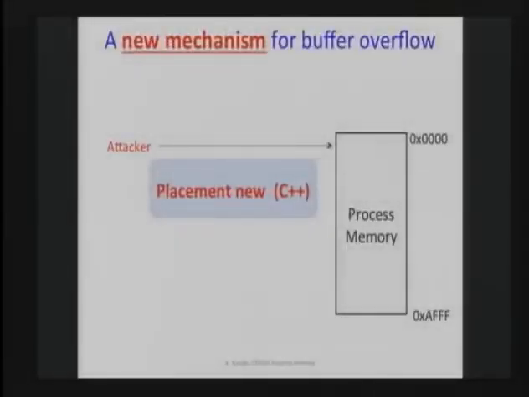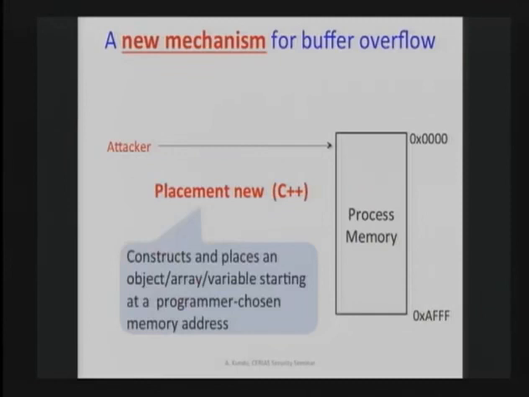So it is the normal new operator. It takes the class name or the number of array elements and then creates a corresponding object. The other operator is called placement new, which creates the object or the array and places it at a specific address in memory that is supplied by the programmer. Now, what it does is that